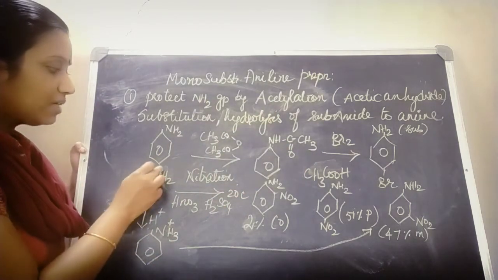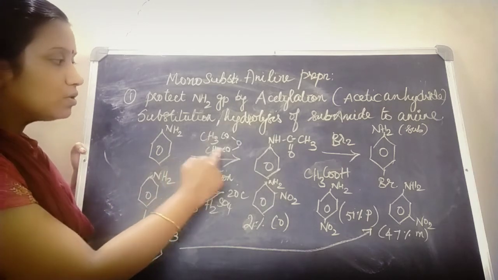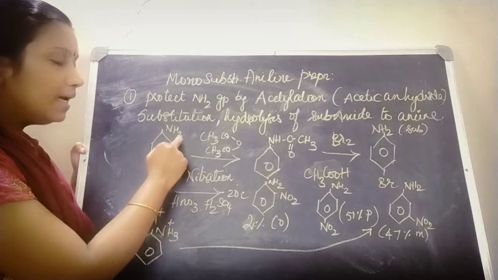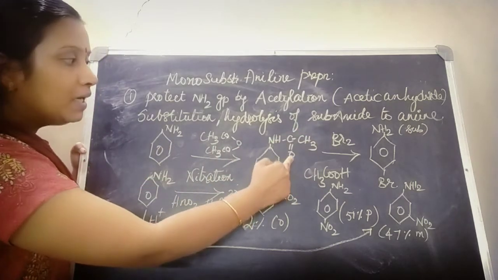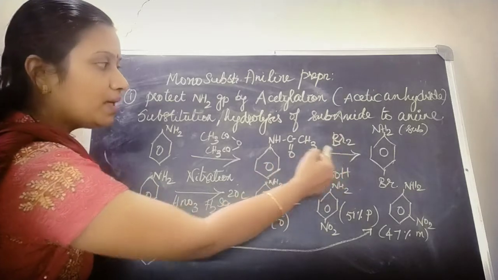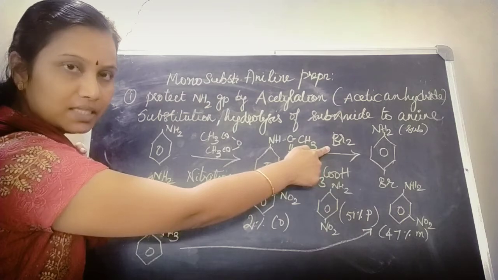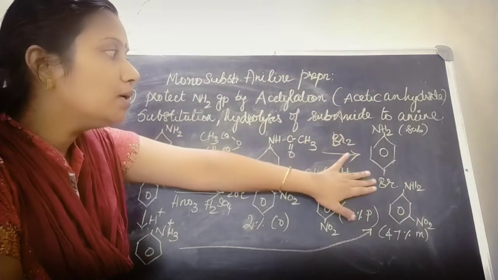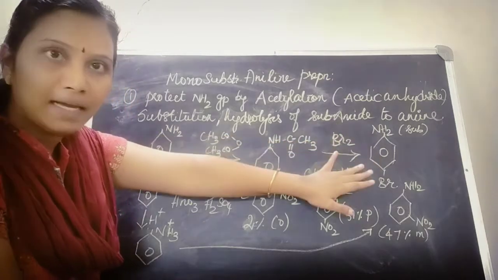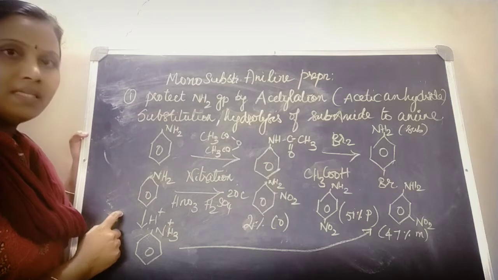Now consider the reaction. This is a primary amine, and I have added an acetyl group. One of the H of NH2 is protected with the acetyl group. Then there is a subsequent hydrolysis, acetic acid is liberated, and bromine is attached. So I have obtained bromoaniline. Clear. Now the next step is nitration.